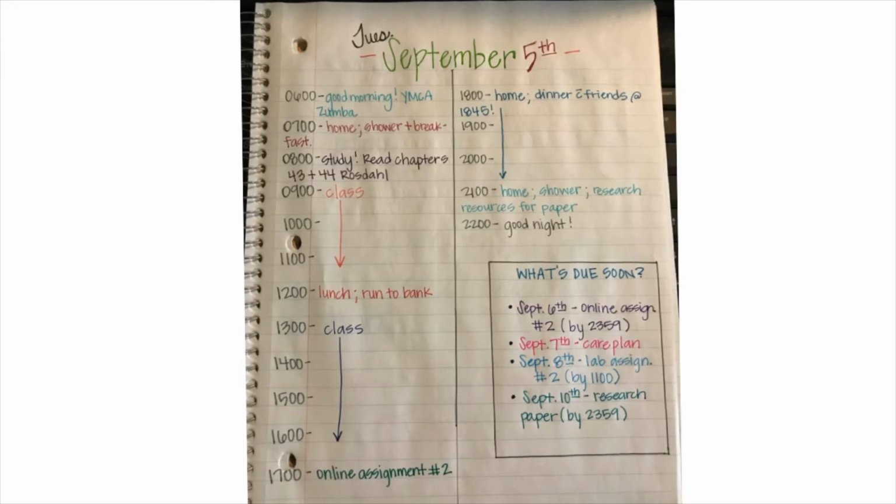Okay, so one thing I want you to notice is that in this pretend calendar, I have class from 9 a.m. to noon, and then I have class again from 1 until 4. All right, so those times are automatically blocked off for class. And as you can also see, I don't have class until 9, but do you see that my day gets